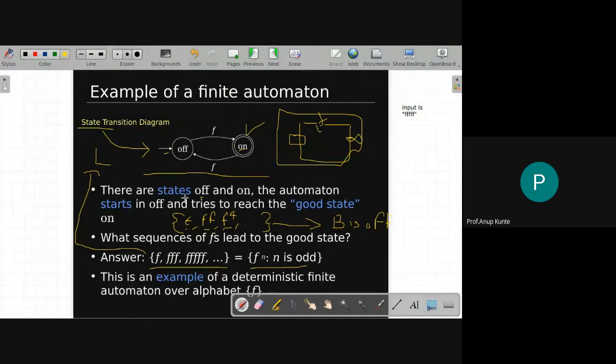नाउ प्लीज अंडरस्टैंड द फैक्ट दैट जब मैं ऑफ स्टेप में हूँ और मैं फ्लिप एक्शन करता हूँ तो मुझे एग्जैक्टली पता है कि मैं कहाँ जा रहा हूँ, राइट? कौन से स्टेट में मैं ट्रांजिट कर रहा हूँ. ट्रांजिशन का वर्ड आया, ट्रांजिशन जो है वो मैकेनिज्म है. ट्रांजिट कर रहा हूँ, ये मेरा नाउन हो गया. मैं ट्रांजिट कर रहा हूँ, आई एम ट्रांजिटिंग इनटू ऑन स्टेट. That I clearly know here in this diagram, and that is the reason we call this kind of automata, ये तो finite automata है.